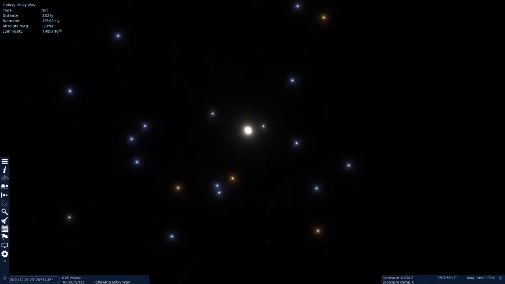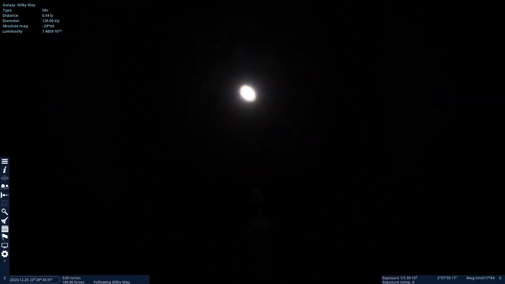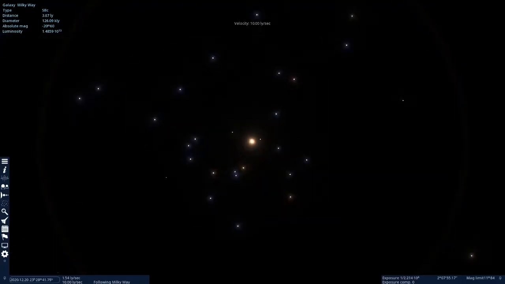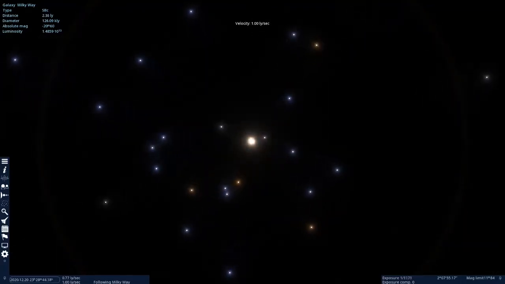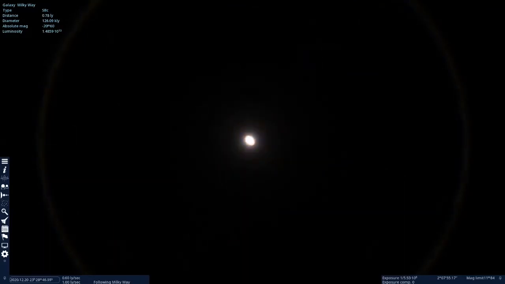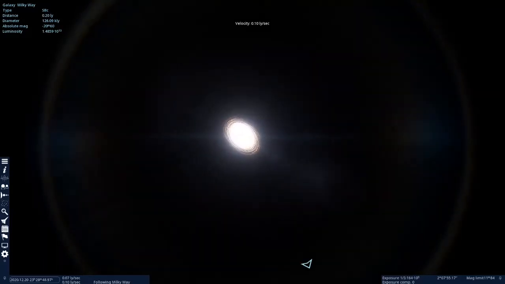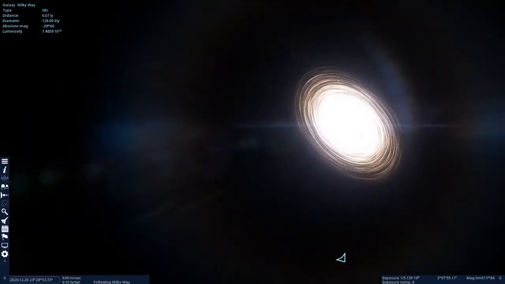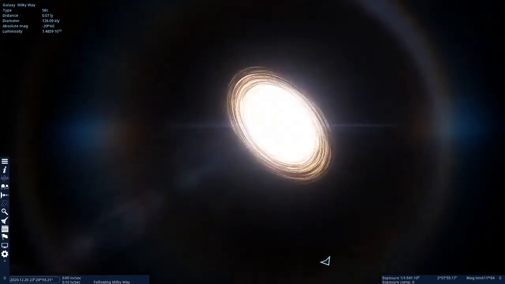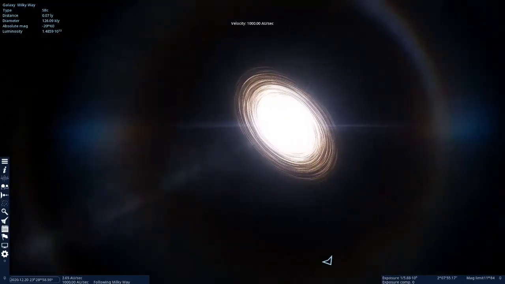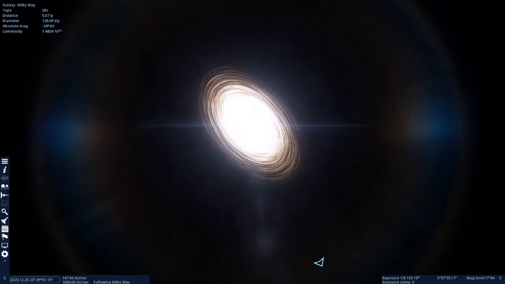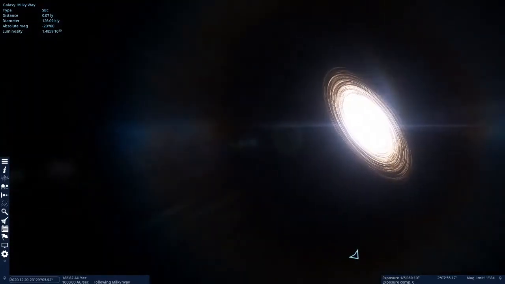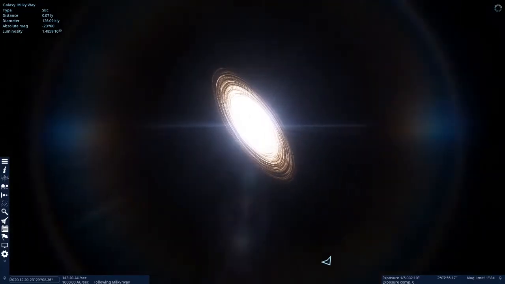Managing speed and managing your camera exposure are two of the big challenges in this program. Whoops, too far. Didn't hit the downshift quick enough. So we see the accretion disk, and if I orbit around it here a little bit, maybe you're not allowed to do that due to relativistic effects. Now we're getting there. Sorry about the wobbly view here.